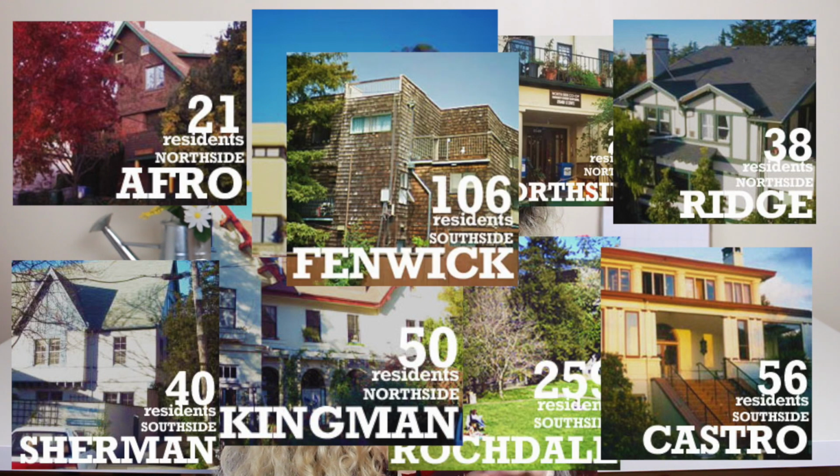You can either live in a house, and I believe the Berkeley Student Cooperative has 17 houses and 3 different apartment complexes. Chances are, if you have never lived in a co-op at Berkeley before, if you've never been a part of the BSC, you probably won't at first live in the apartments, because the way it works is on a hierarchy system. The longer you live there, the more points you gain, and each semester you gain a point, and the higher points you have, the more likely you are to snag a spot at the apartments. So chances are you'll probably be living in a house, and there are 17 different houses,